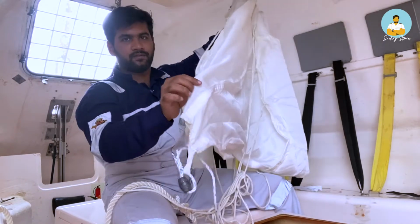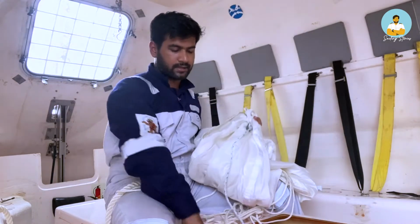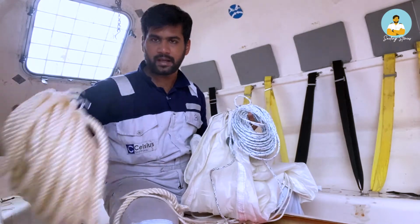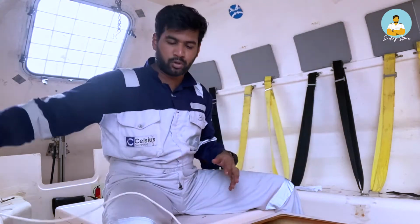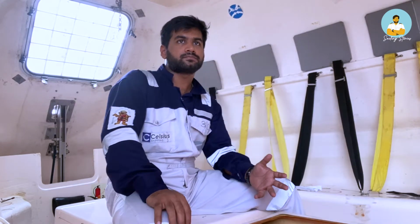It consists of a conical canvas, and attached to it is a line. This is a short line and this is a bigger line. What we do with this sea anchor is, if for any reason the lifeboat engine is not running, or if we run out of fuel, because there is very limited fuel available for the lifeboat, and we cannot propel, then what we have to do is